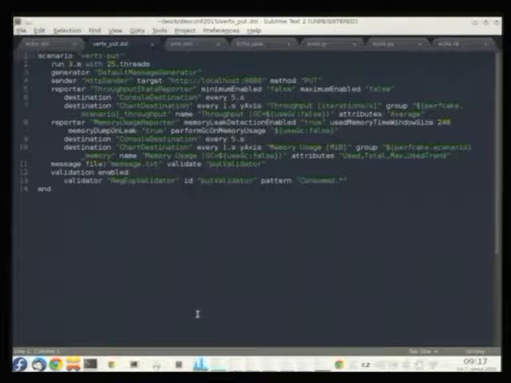So we need to validate the responses to make sure that we still receive something we asked for. This is the line with the validator. We use a regular expression and try to find out that the message was properly consumed.